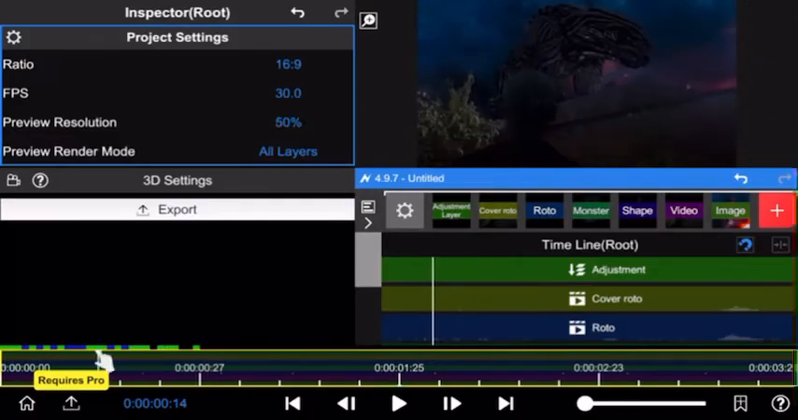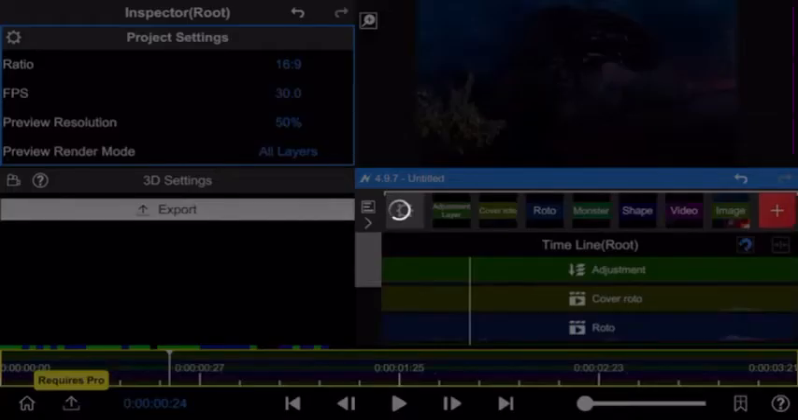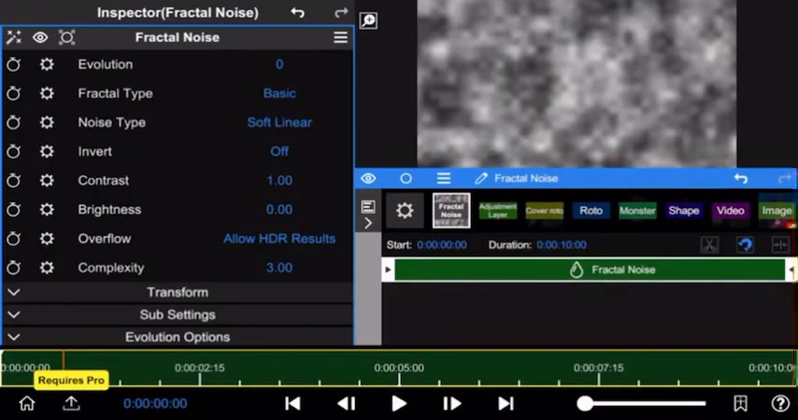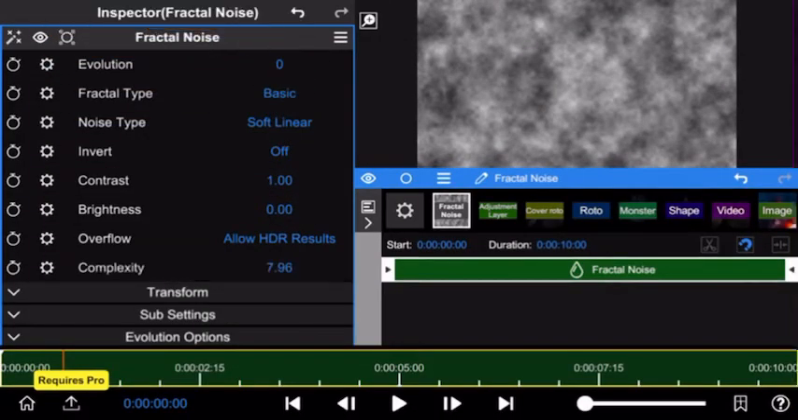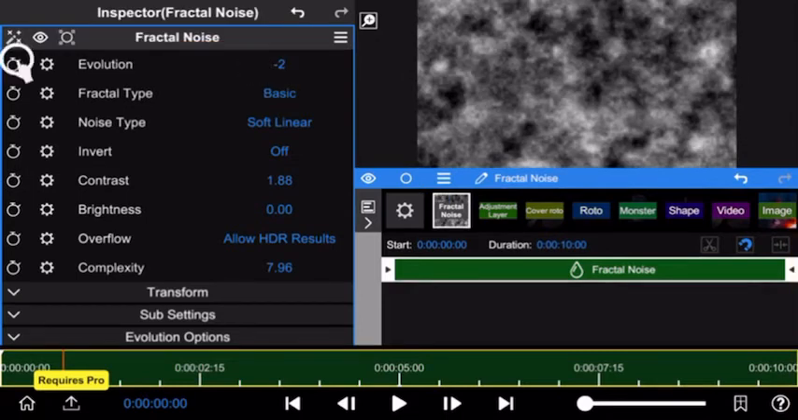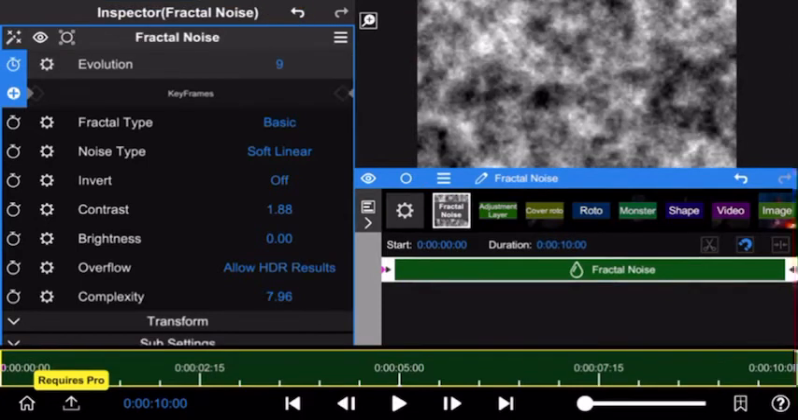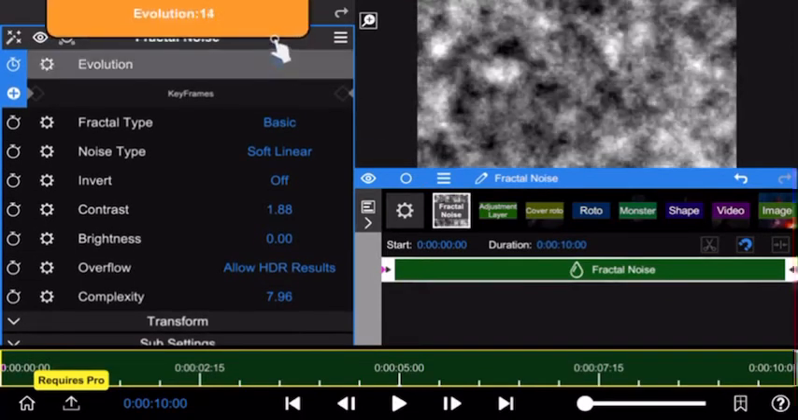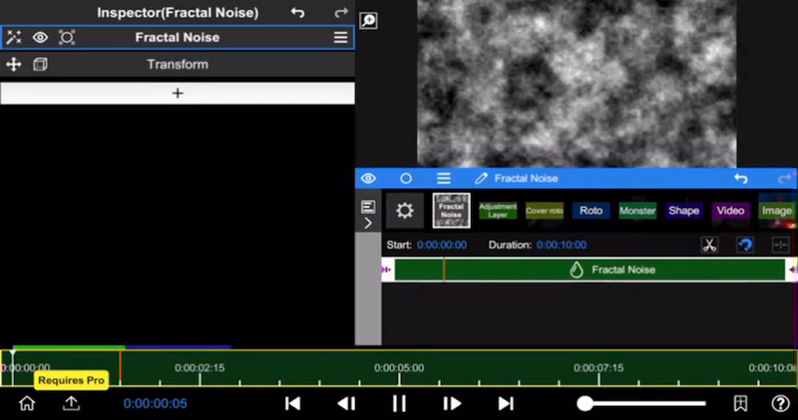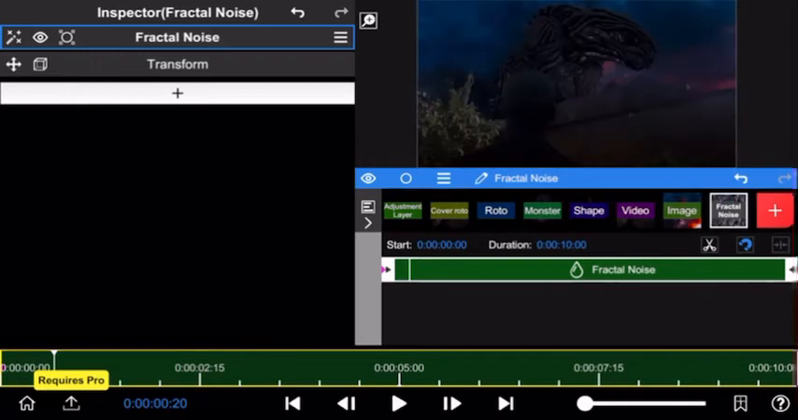But these clouds aren't moving at all, so to add in some movement, we'll add a fractal noise layer and increase the complexity of the fractal noise layer as well as the contrast to make it look a bit better. This looks good enough, but now we need to animate the evolution so it looks like it's moving slowly, so don't do it too much with this. Don't overdo it. And then now we can move this layer below everything on the comp, below our image layer,